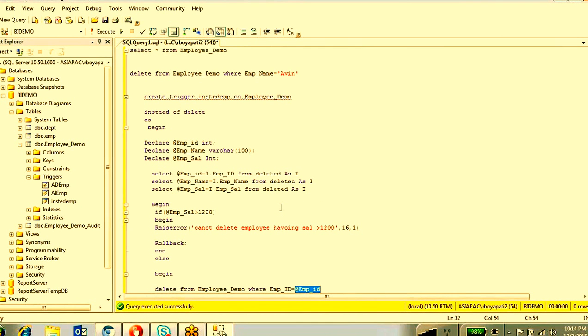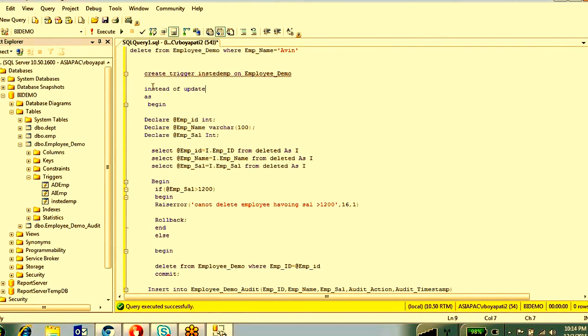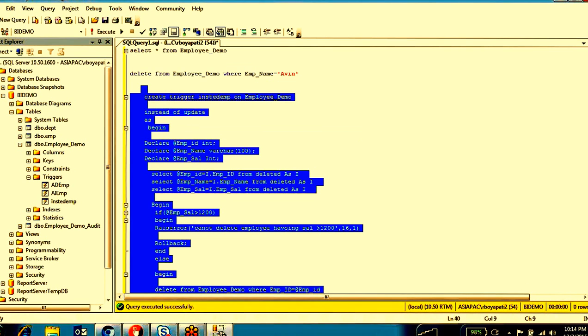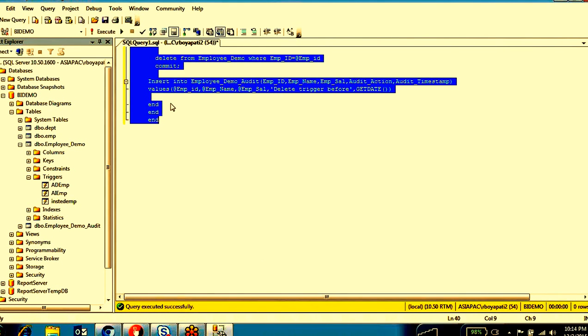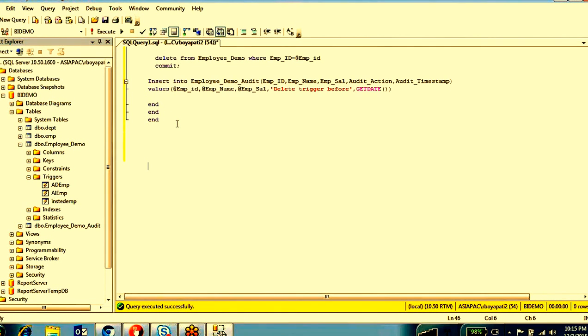Okay, this is one sample. So you can write these triggers and track them. The main thing you have to observe here is the syntax, and the purpose of writing this trigger, in what scenarios and what kind of situation you are going to write triggers. For the insert trigger, you just change it to insert. For update, you change it to update. Remaining all are the same. Okay, so this is about triggers.